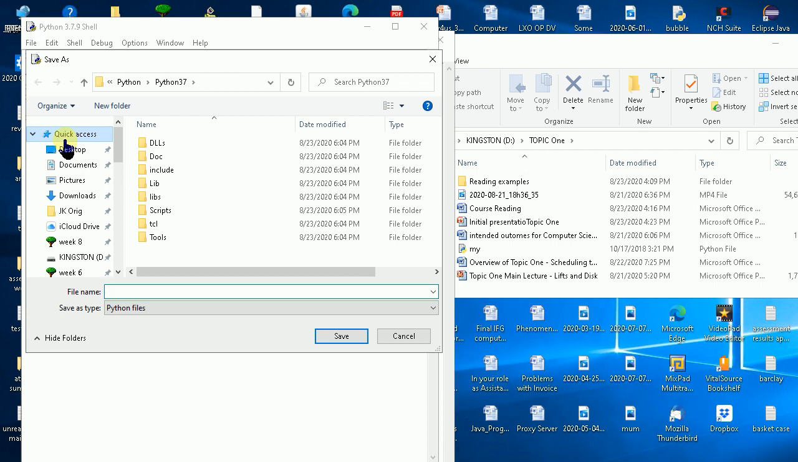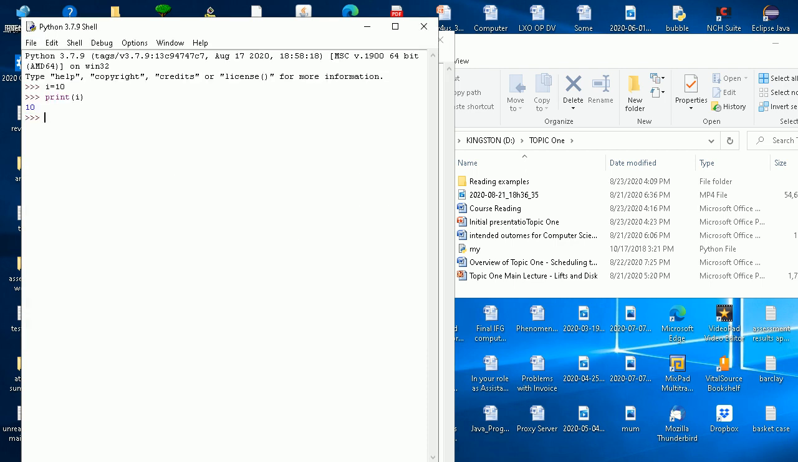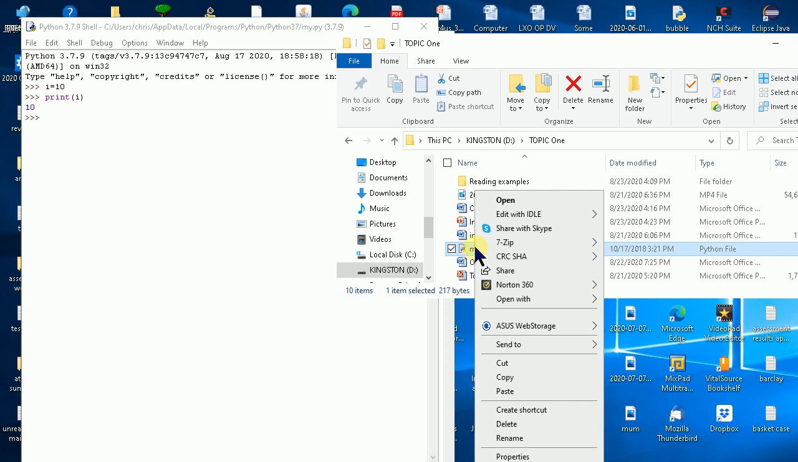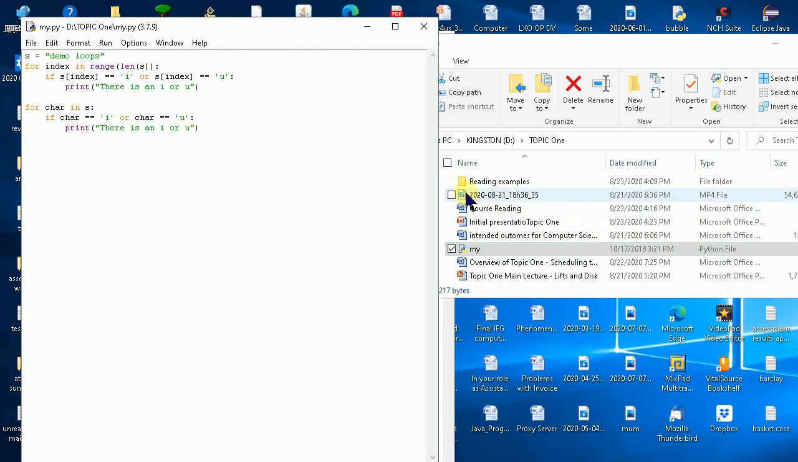give it a name, call it my Python file, and it's saved. If I have a Python file, however, I can actually simply right click it. So if you have a look at this file called my, it's a Python file. That's the visual depiction of this file type. I can right click on the file, go to edit with Idle, and I'm going to use the 64-bit